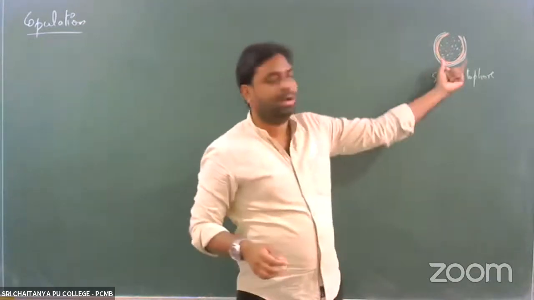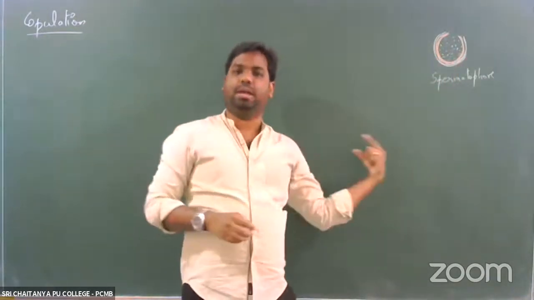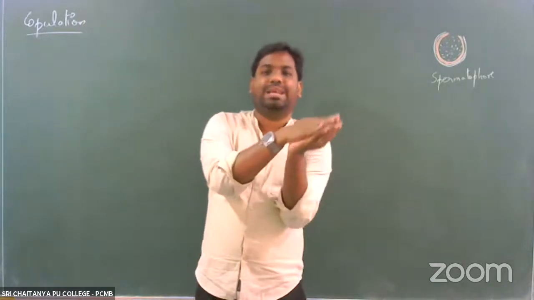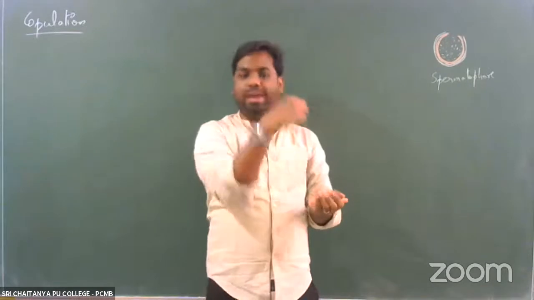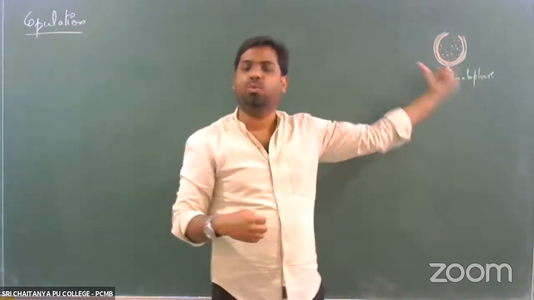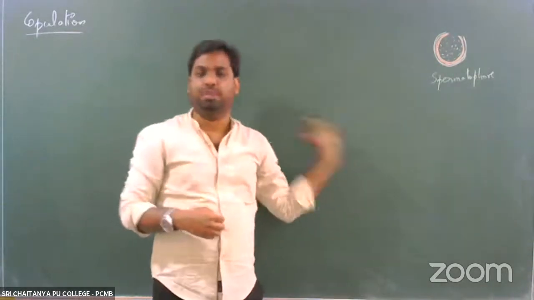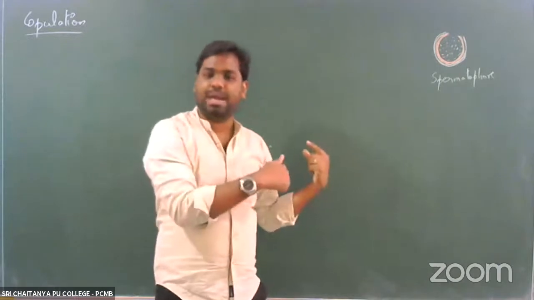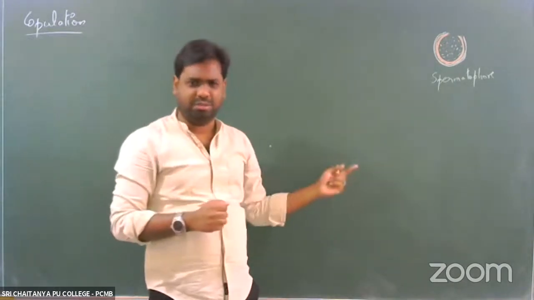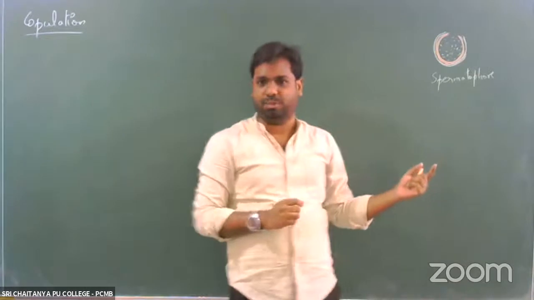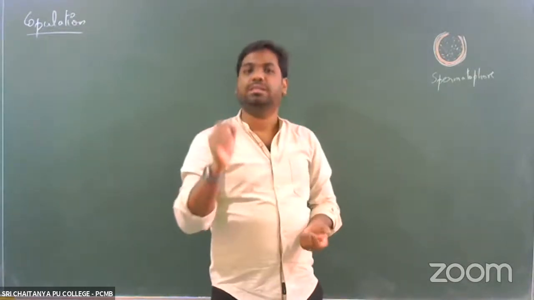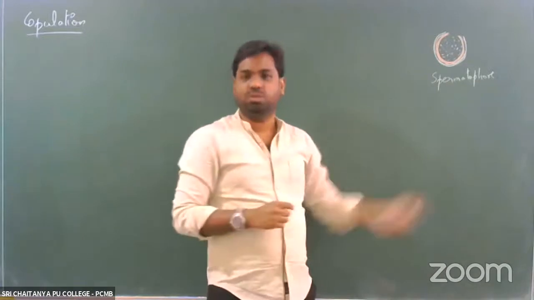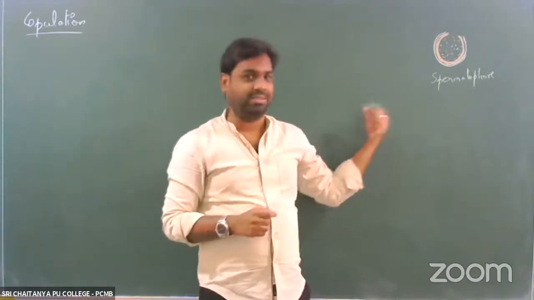If this spermatophore has to be released into the female organism, what should happen? Both the sclerites should be open. As a result, the brood pouch would be exposed, and this spermatophore would be released into the brood pouch of the female organism. How exactly is that happening? Yesterday, when we discussed the male reproductive system, I told you that the male organism also has certain copulatory organs, which we call the phallomeres as well as the titillatus.